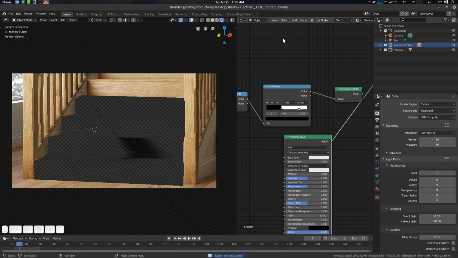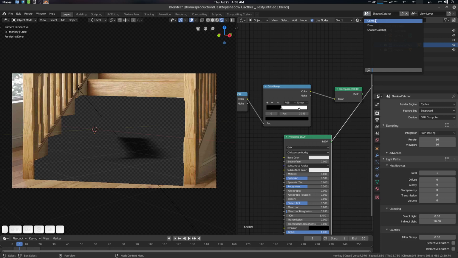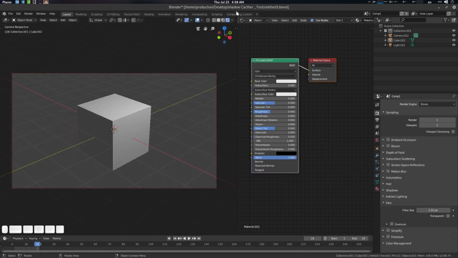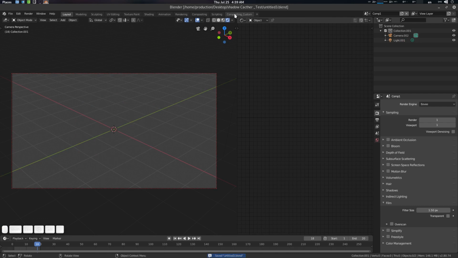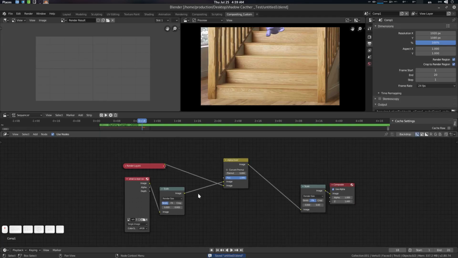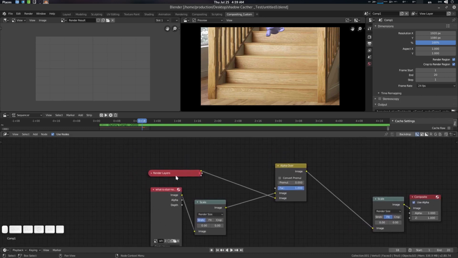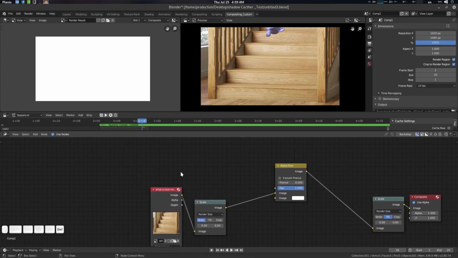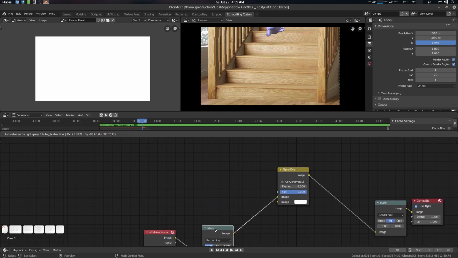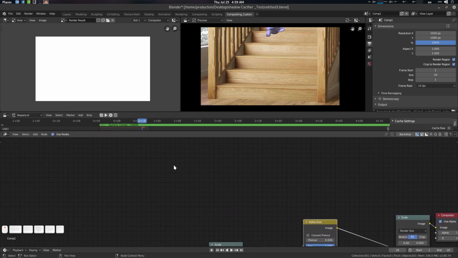So now what I want to do is, let's name it shadow catcher, shadow catcher. Yeah, so now let's go to the compositor again. Here we go. Save it. Let's go to the compositing custom. There we go. And now we need some stuff, so let's delete this layer. Everything is fine, so just go here, and we need